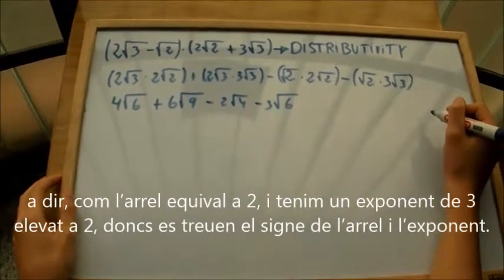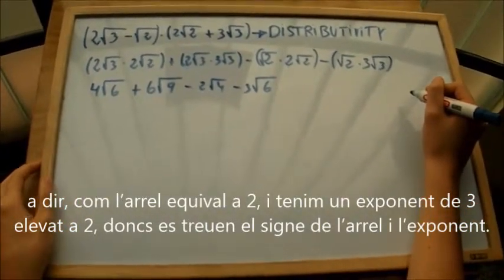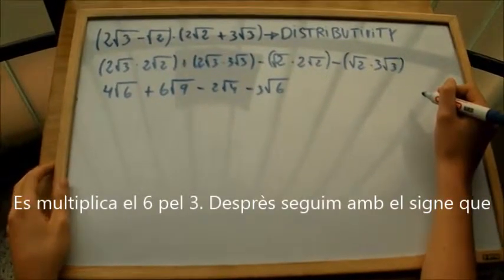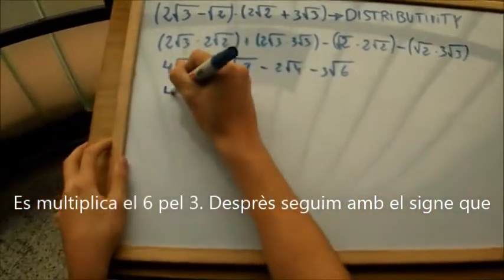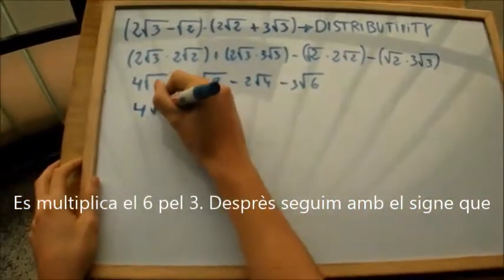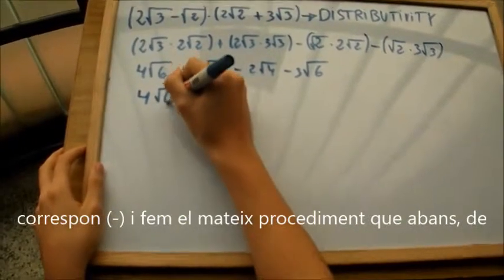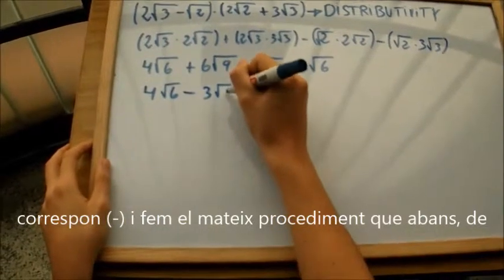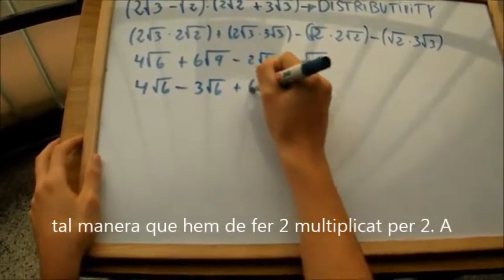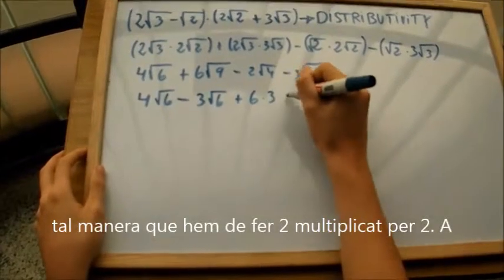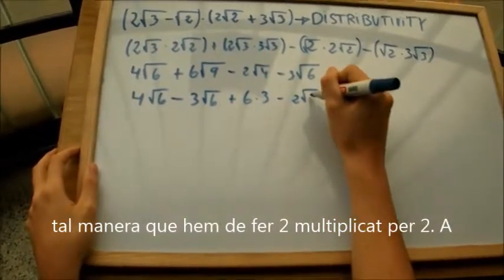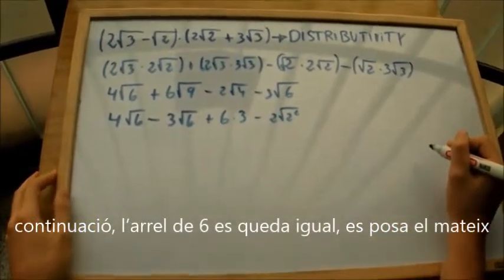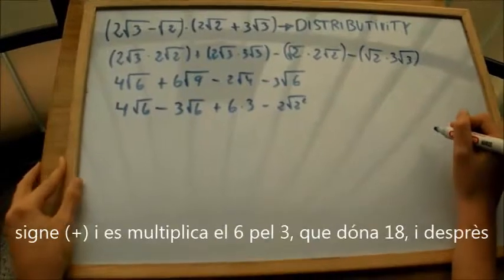The procedure is the same as always. Multiply the first numbers in front of the parentheses by each other, and after we do the same with the roots. Then place first the roots that have the same number with their corresponding signs. In this case, 4 root 6 plus 3 root 6. And put the plus sign, leaving the remaining roots in such a way that we have to look for the root. Then we have 3 root 6 simplifying, raised to 2, and the minus sign. Subtract, and after we put 2 root of 2 raised to 2.